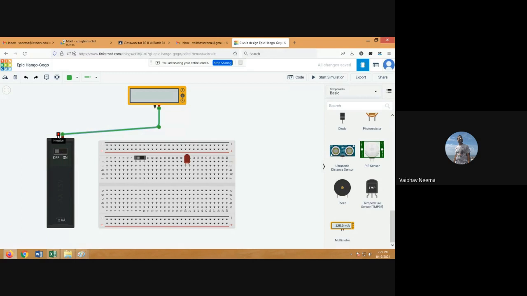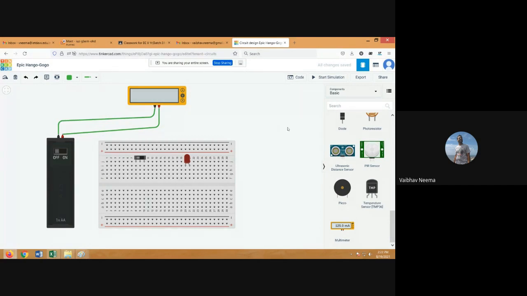Then you select the negative terminal of the battery and connect it with the multimeter. So you make two connections: the positive terminal of the multimeter to the positive terminal of the battery, and the negative terminal of the battery to the negative terminal of the multimeter.